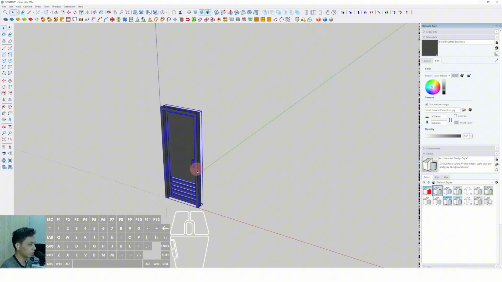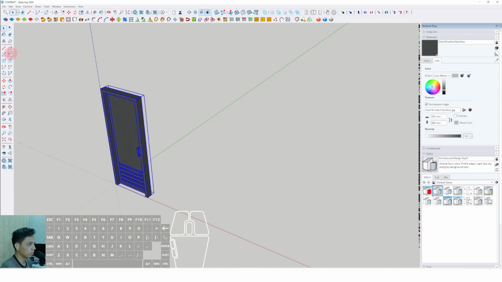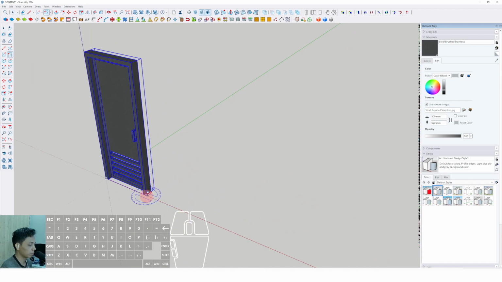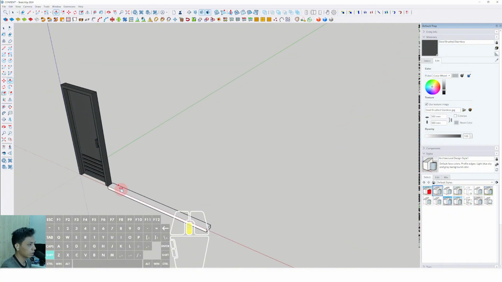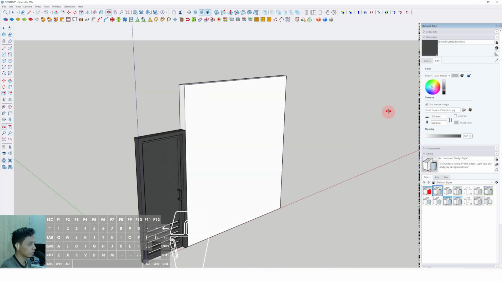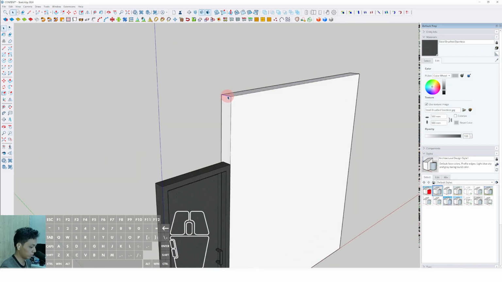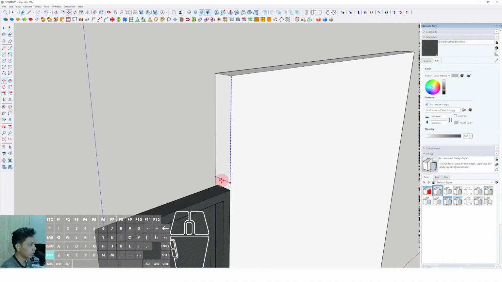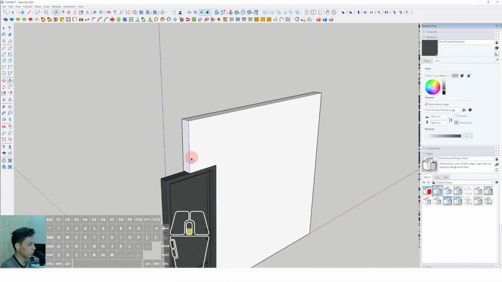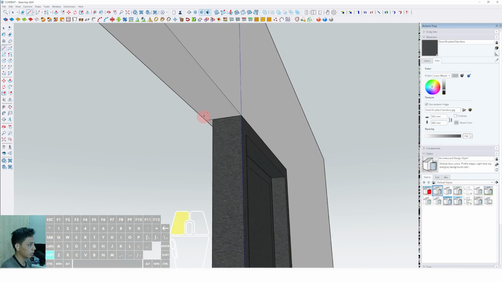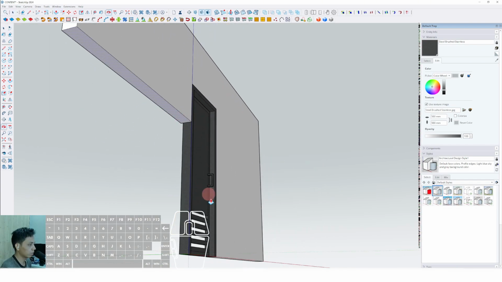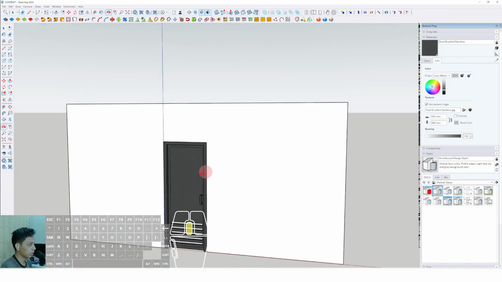And now we can make the wall using the rotated rectangle. Select this position, then we can drag to the back side around 150 millimeters and push it up. Okay, approximately just like this. Then we can select the line, select move, press control, place to this position and push it to the other side. Okay, we can click from this point until this point, push it down and place to this position, and